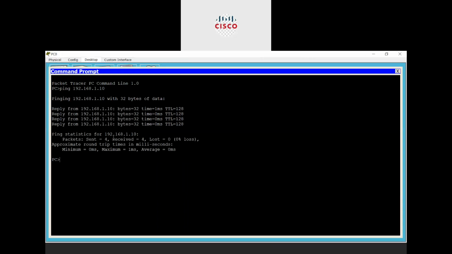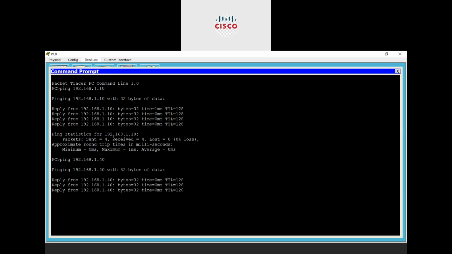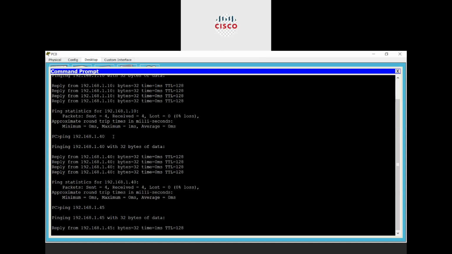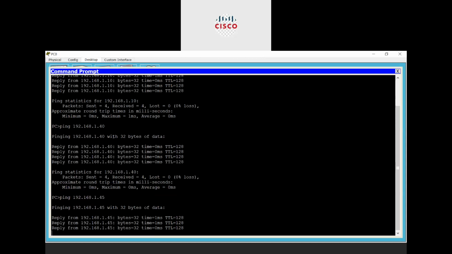Let's ping another device, 192.168.1, I think it was 40. Yes, 40 is also giving me a reply. That means 40 also belongs to the same network. Let's ping 192.168.1.45. 45 will also give us a reply because